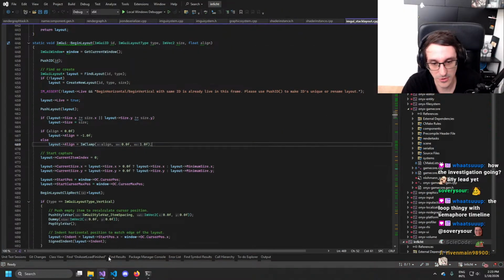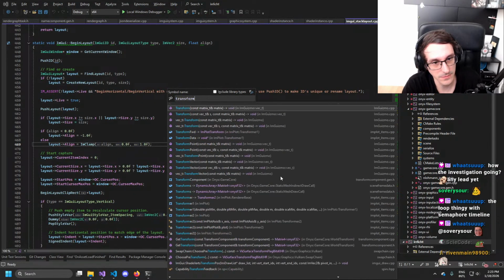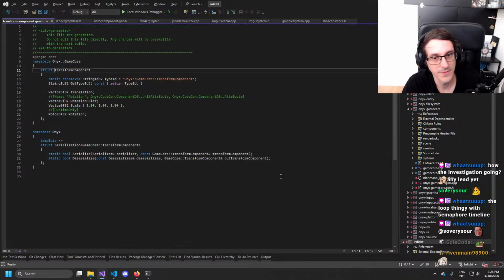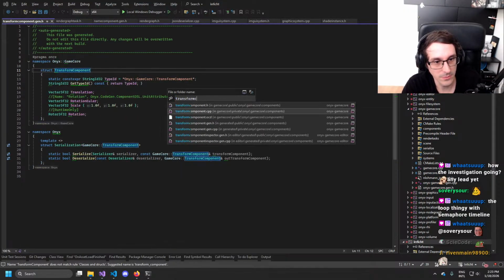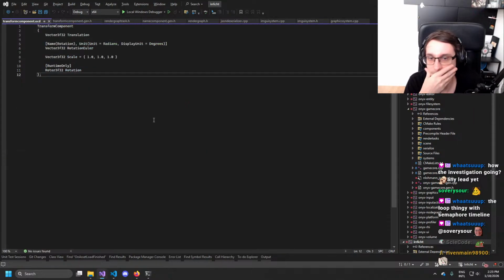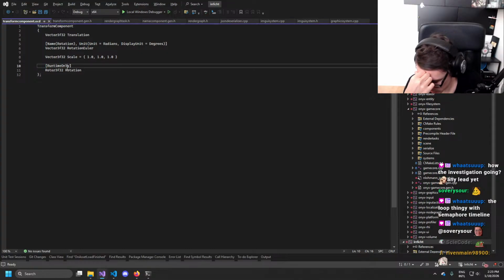That's the transform. How do I want to solve that? Transform component. This one. Runtime only.